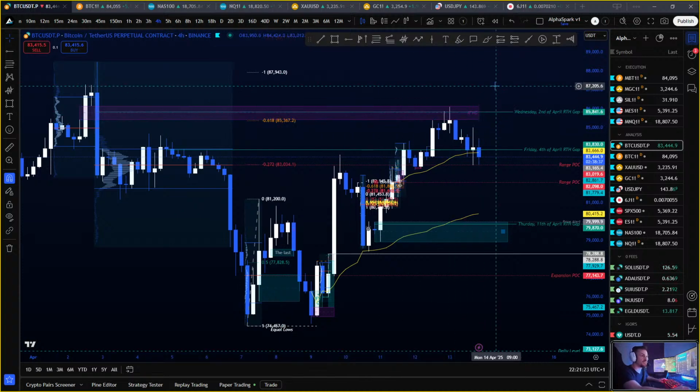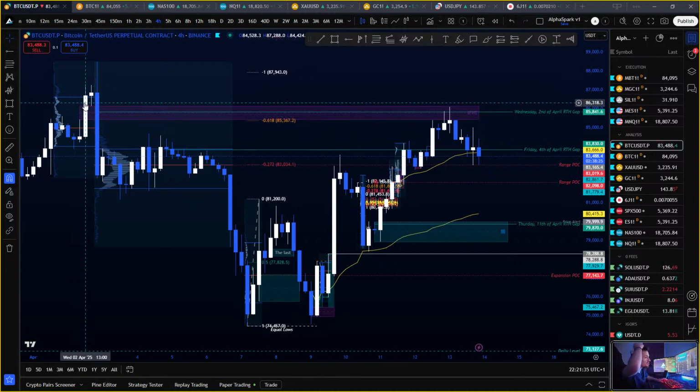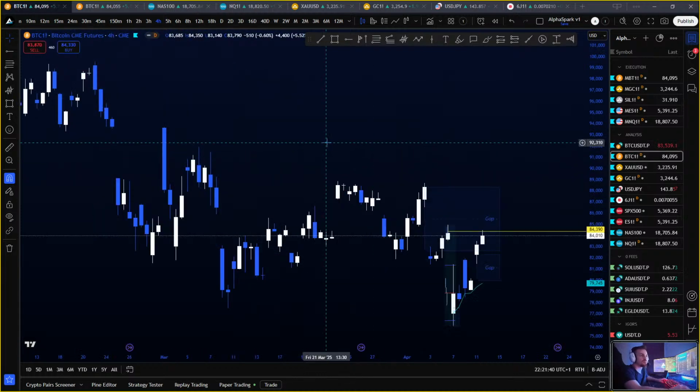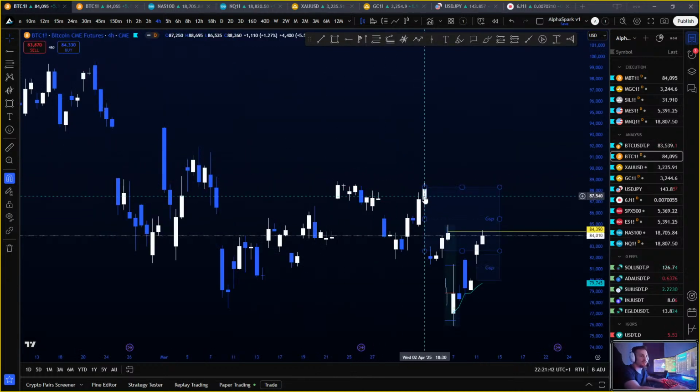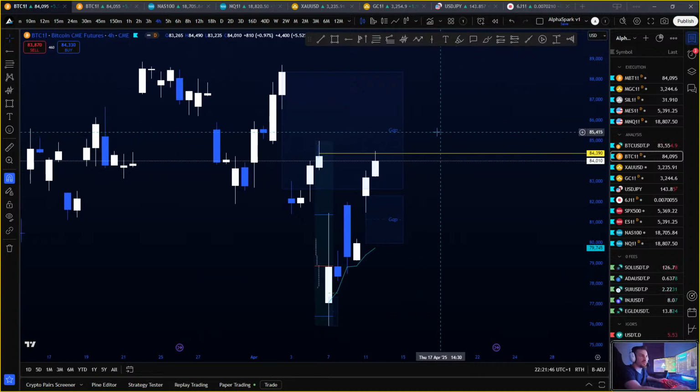Because in terms of market, the New York Stock Exchange hasn't been able to fill this gap yet, and it will have a tendency to do that. This candle that we have here is the last one that we can see on the CME. So this candle over here, this white one, it's this guy. So what this basically means is that